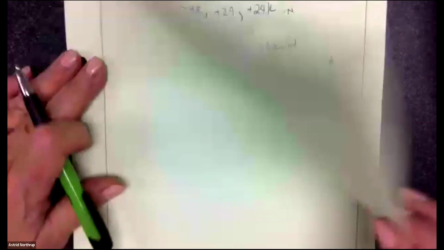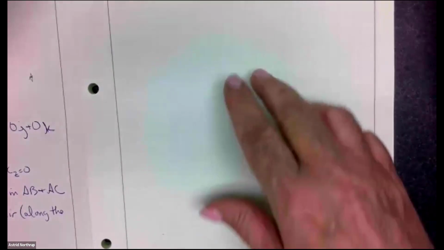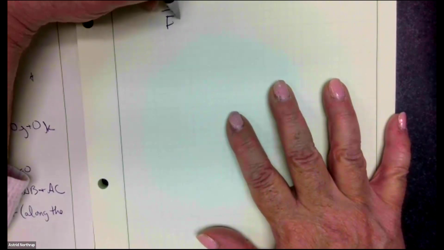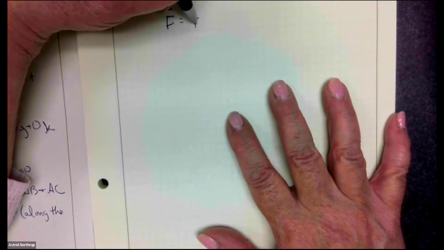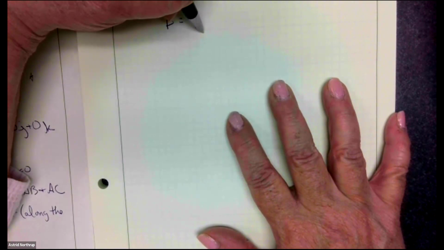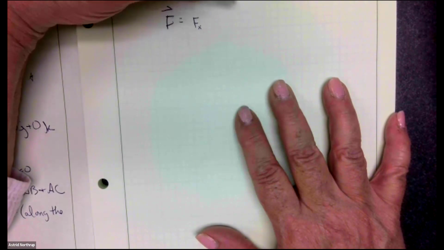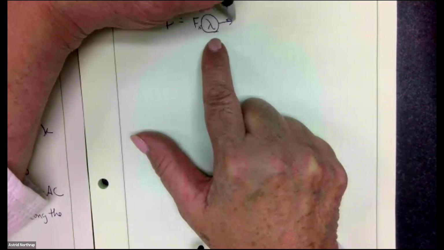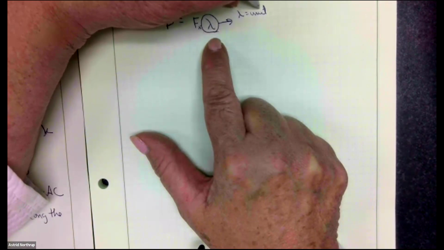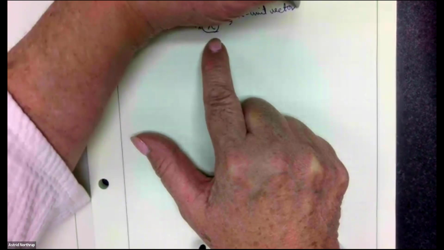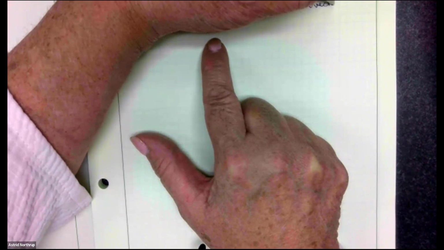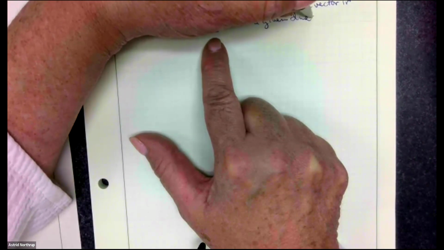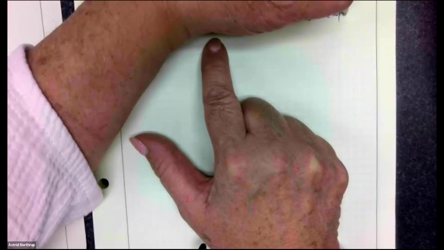All right, so the first thing is, if we are looking for any general force, we can say that is going to be equal to the component of the force in the x direction dotted with some kind of a unit vector. And a unit vector is generally called lambda. Now, what lambda means is a vector in a given direction with a magnitude